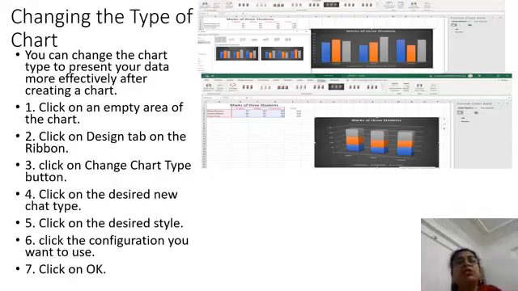Correct. Now, changing the type of the chart. Means instead of a column chart, I want columns like these. See, the legend should come like this instead of single bars. You can change the chart type to present your data more effectively after creating a chart. It's not necessary that you can create it only one time and keep it. Afterwards, suppose you think of a more presentable way to put your chart, so you can change the chart